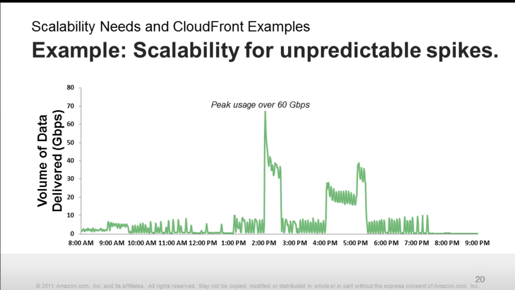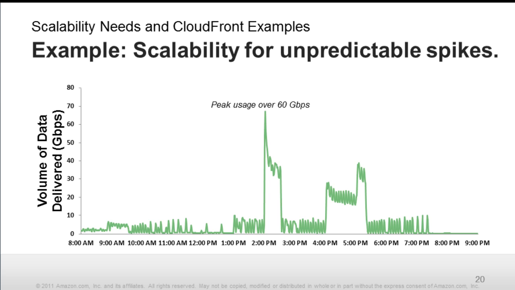They do ads related to television events, and you'll see that there are these distinct increases in their usage. At one point, they peaked up to over 60 gigabits per second and then dropped back down. This related to a campaign they're doing around a television show, and so it spiked. These times on the bottom are all specific, so you'll see that for us,